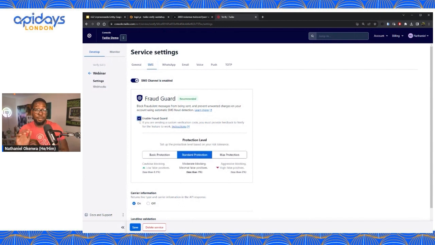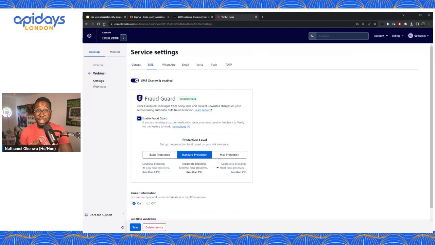Just by turning it on, I now have Twilio taking on lots and lots of this hard work for me. Twilio looks at traffic not just on your platform, but across the millions of platforms that we serve, and goes, this one-time password from this suspicious phone number that maybe has done some shady stuff in the past.